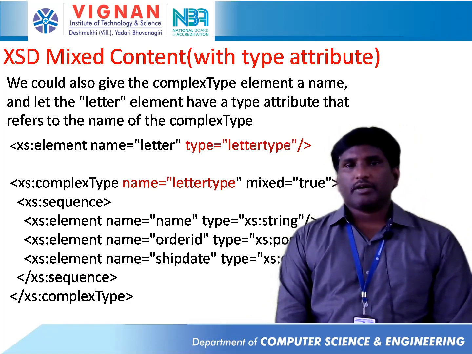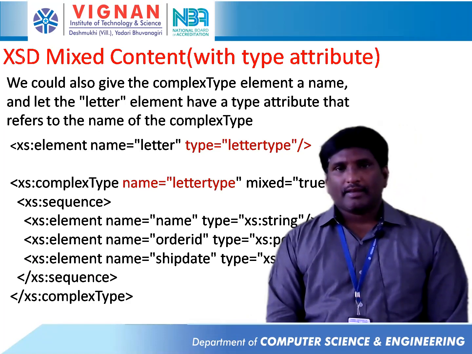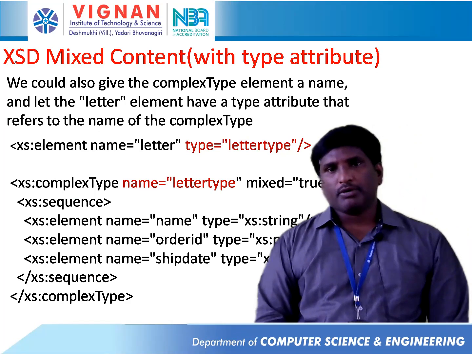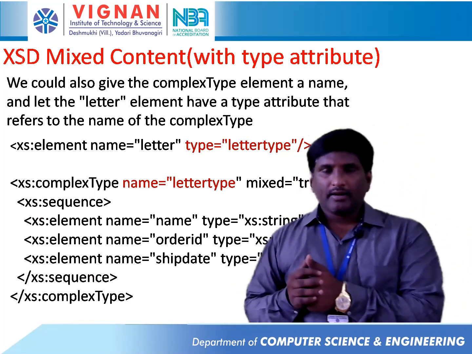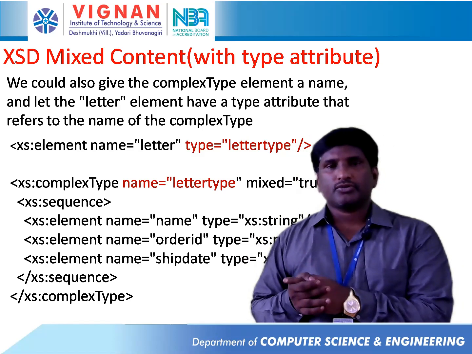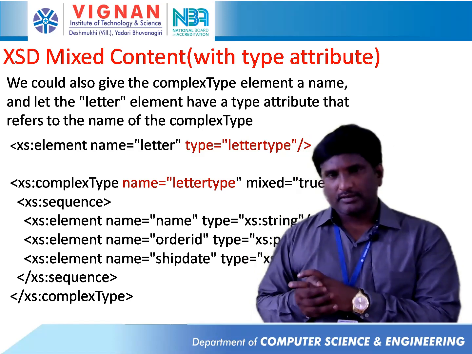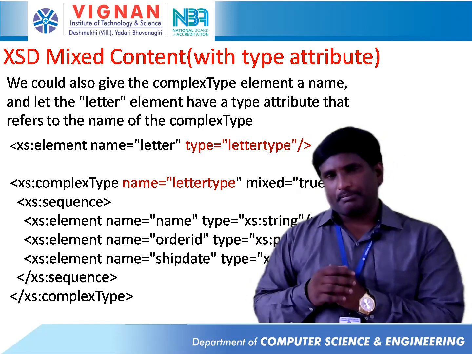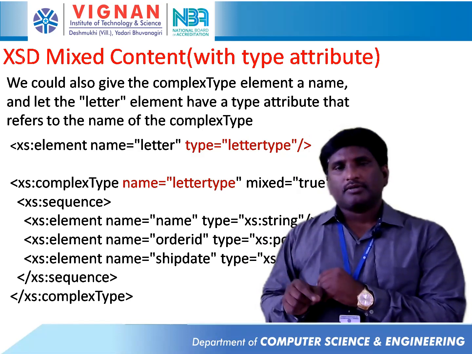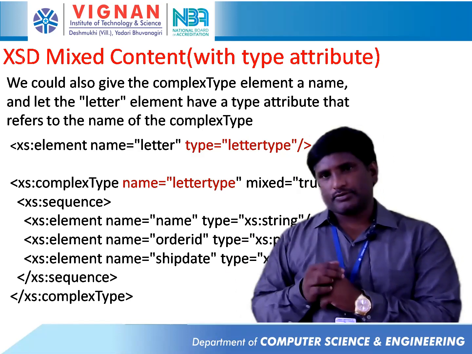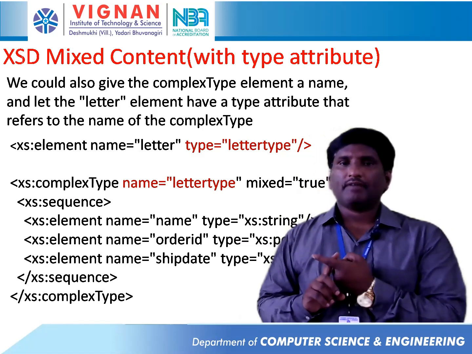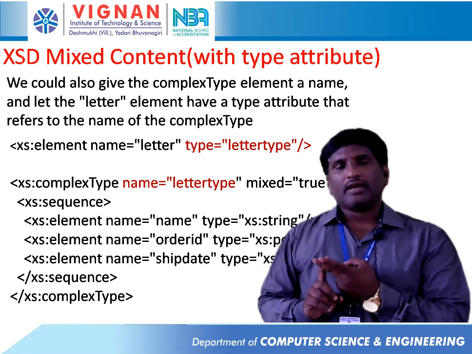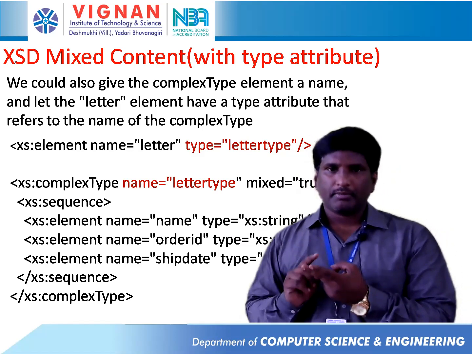Up to this, we have discussed XML schema and the building blocks of XML schema. The building blocks of XML schema are XML simple elements, XML attributes, XML complex types, and XML mixed content. So what is a simple element? It can only have pure text with restrictions. What is an attribute? It also provides extra information to the element.